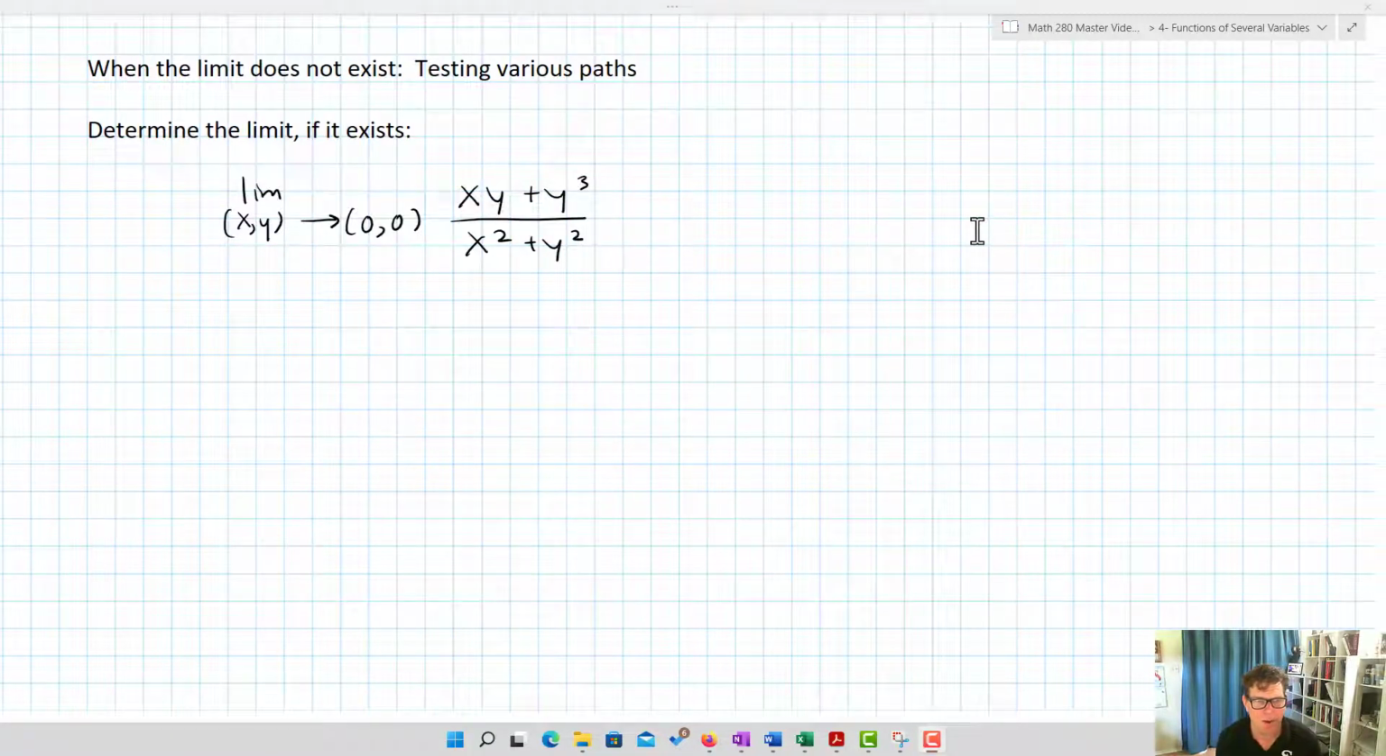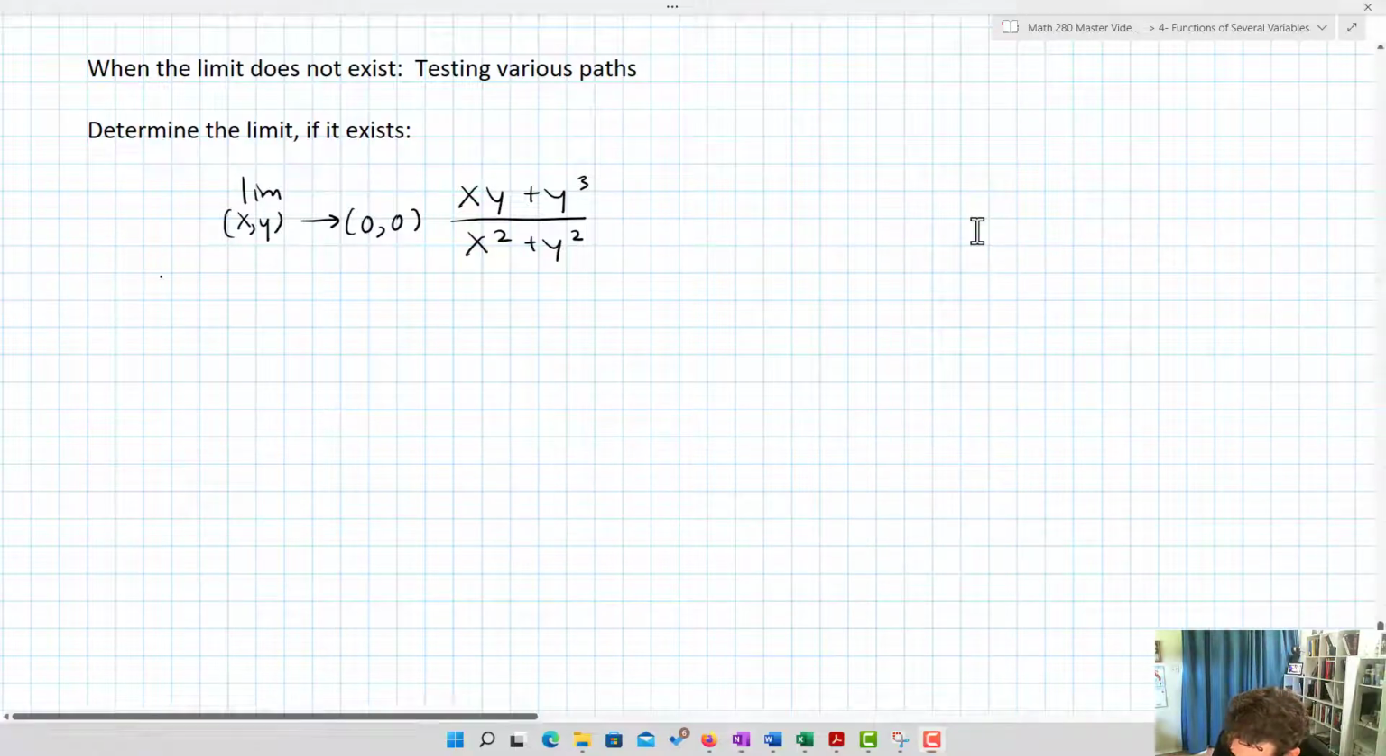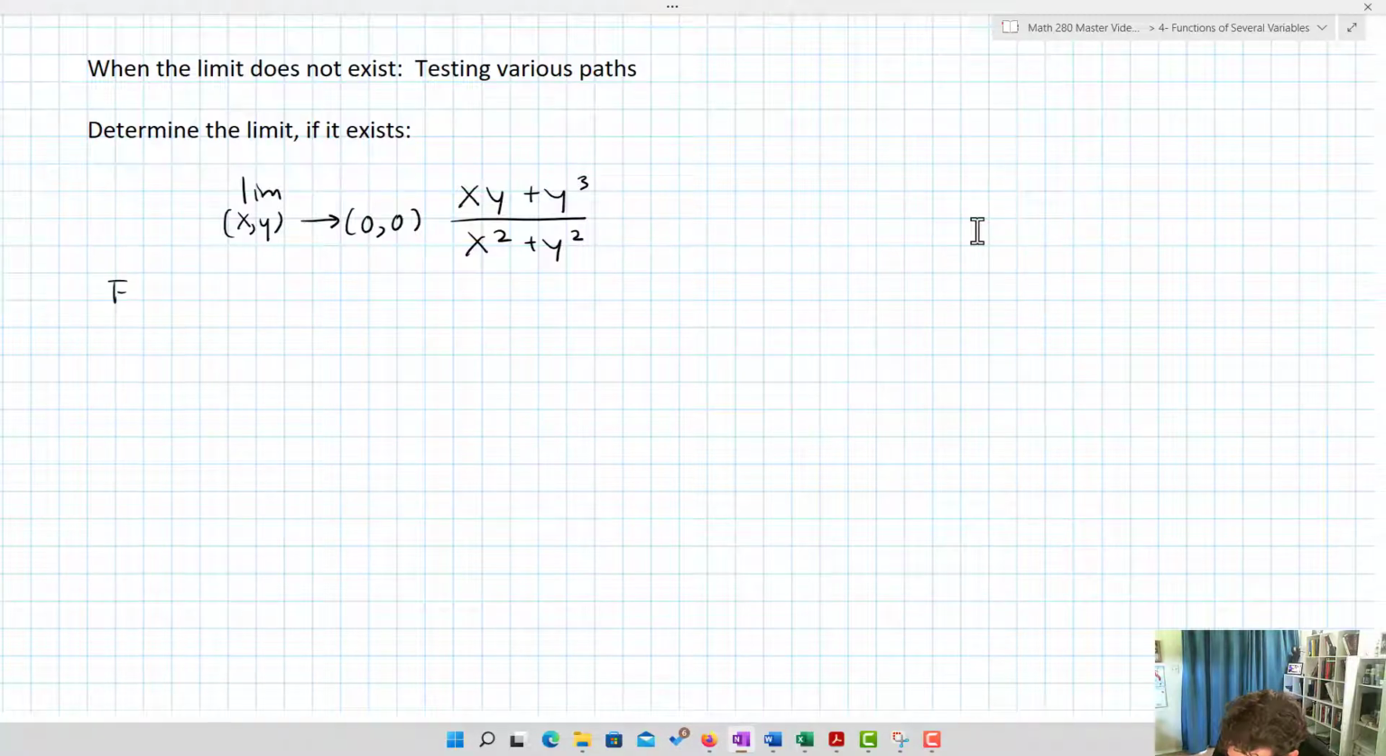All right, let's now determine the limit, if it exists, for this. This is the limit as xy approaches 0, 0 of xy plus y cubed over x squared plus y squared. If you remember, this is the one where we saw that the limit in fact did not exist based upon the graph. So let's figure this out. I'm going to test out some different paths. Some of the canonical paths we'll try out, for example, is the limit from the direction